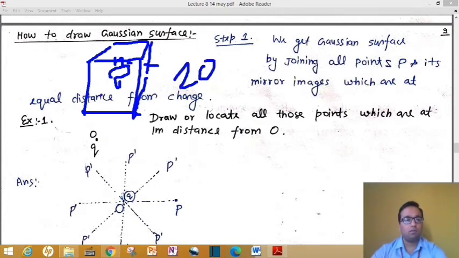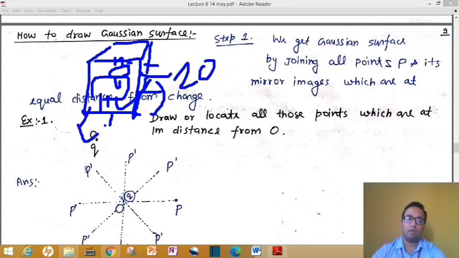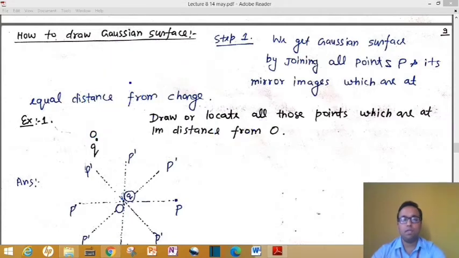But if your bulb is not placed at the center, it is placed somewhere else, then our problem was how much power it will give. It will give a variable amount of power from each face. From one face it may give more flux, from another face it may give a different amount of radiation or flux. But the total flux coming out of this cube is the same, that is 120, but from each face the flux will be variable.